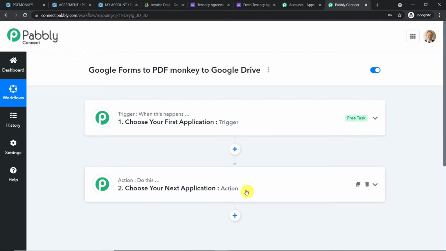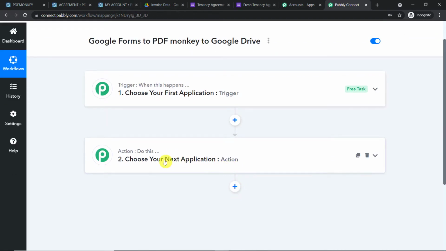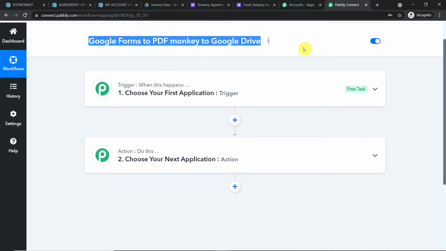The action associated is PDF Monkey. Using PDF Monkey, a PDF will be created. At the same time, that PDF will be stored in Google Drive. Technically, there will be more than one action window. But the overall gist is, using the trigger window and the action window, we are going to create a workflow to integrate Google Forms to PDF Monkey to Google Drive. The best part is, I will add the link of that workflow in the description box so that you can clone it and directly access it in your account.